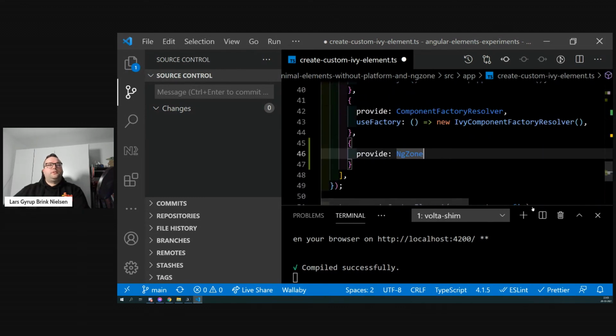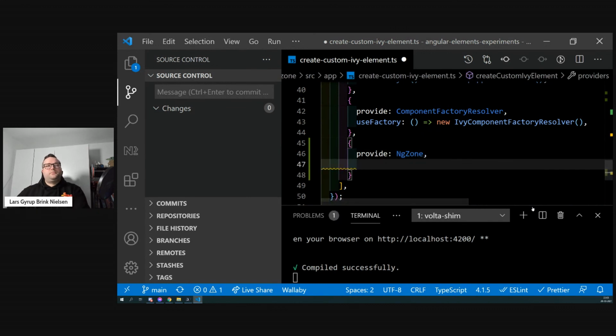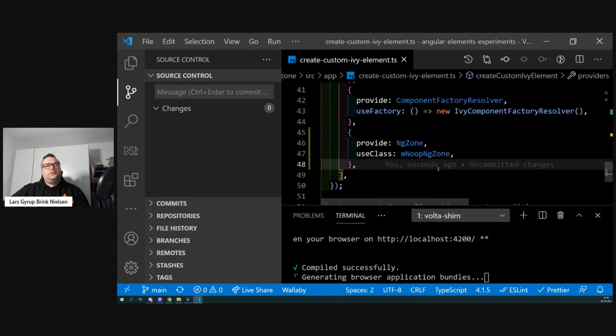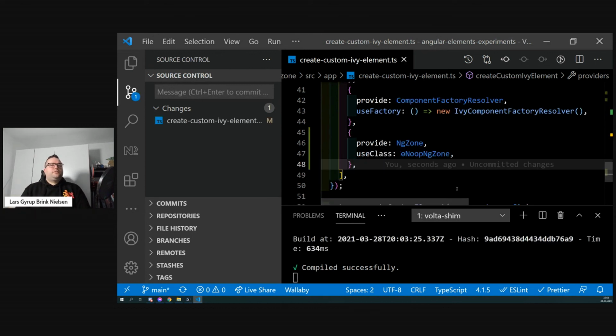So we will say provide the NgZone, but use the class. I bet it's a class. No op NgZone. Yeah. Okay. So we have a zoneless, platformless, NgModule-less Angular Elements application, and if we're lucky,